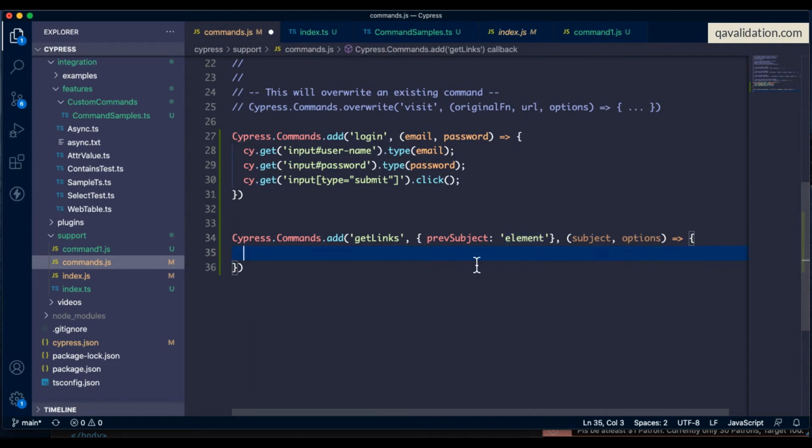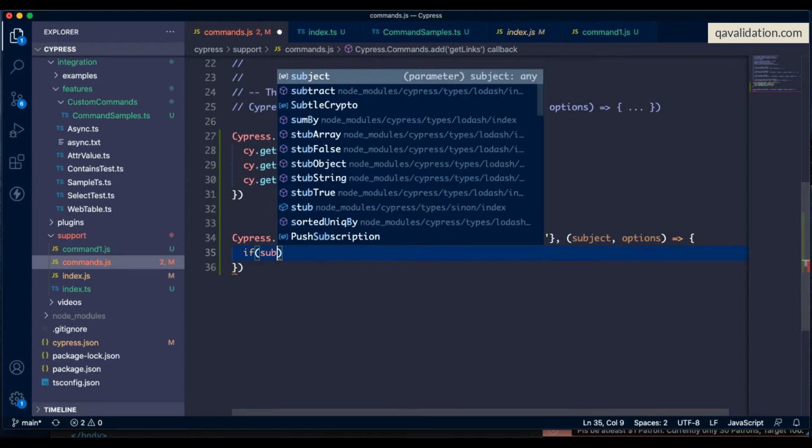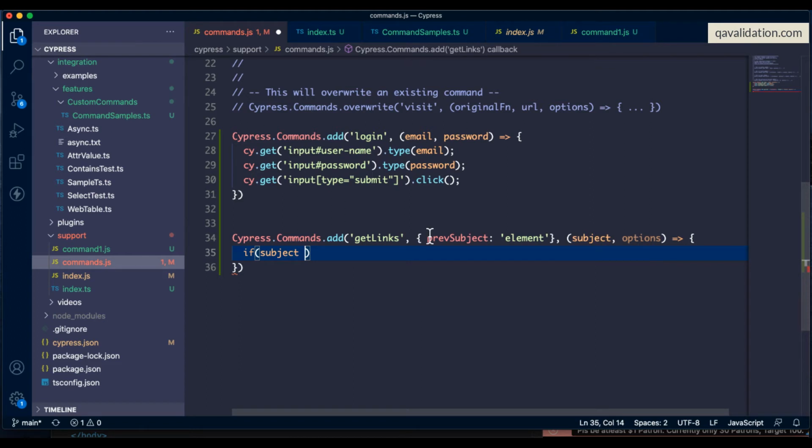Okay, so what I will be doing: how do I know that the user is giving a parent command or not? That is based on an if statement. So I will say subject. This previous subject is nothing but this subject, the first parameter here. So I will say if there is a subject, meaning if there is a parent command, what you can do